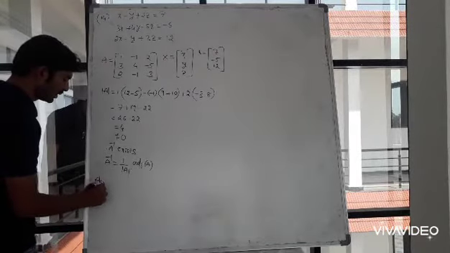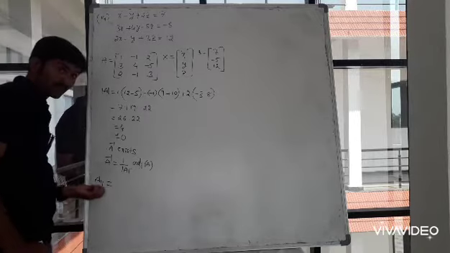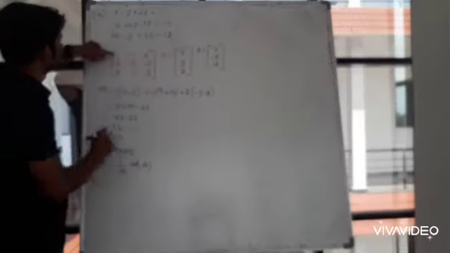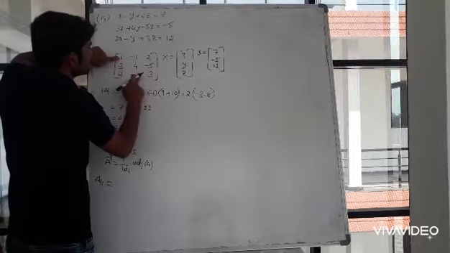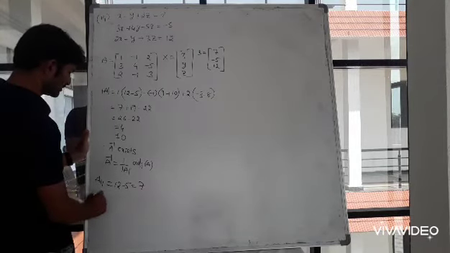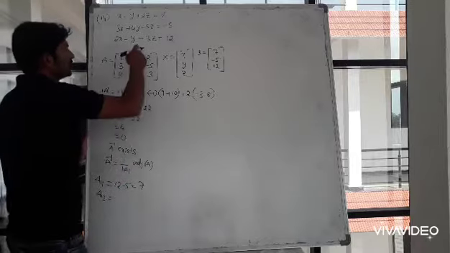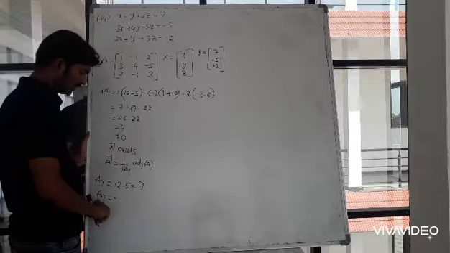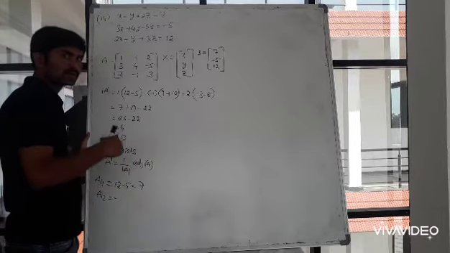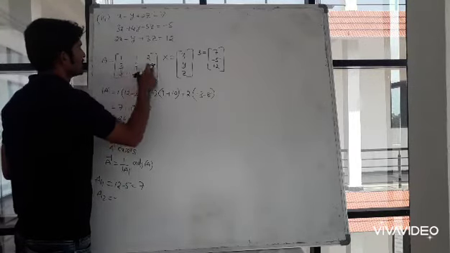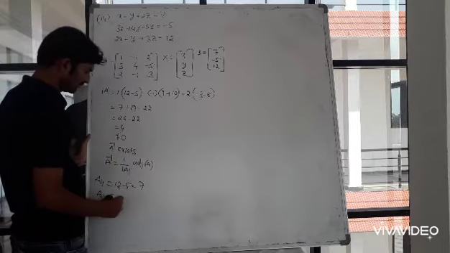First element, A11. So 1 plus 1 is even, minus 1 raised to even is positive. So when we are writing this, leave this column and row. 4 3s are 12 minus 5, 12 minus 5, which is 7. Next, A12. Leave this column and row, but here we will get a minus sign, because 1 plus 2 is an odd number. Minus 1 raised to an odd number, the minus sign will come. Leave the column and row. 3 3s are 9 plus 10, that is 19. Minus 19 we will get.